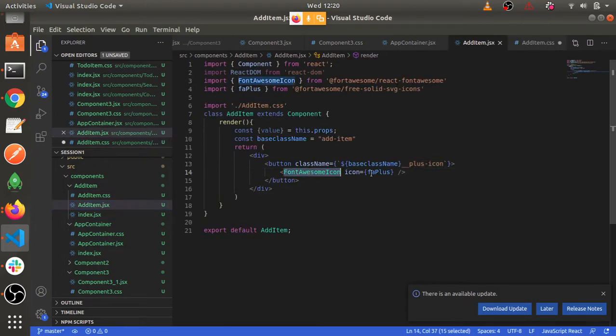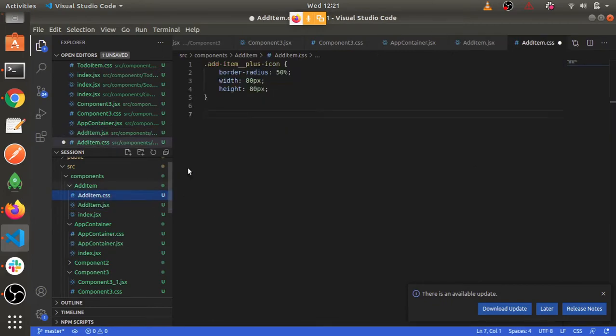Okay, so let's give it some class name. I need to give it button so that this will be icon, and I need to accordingly fix our CSS.